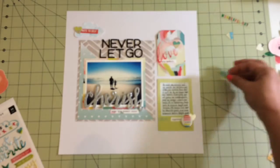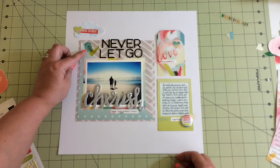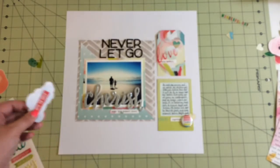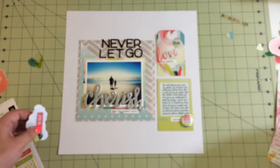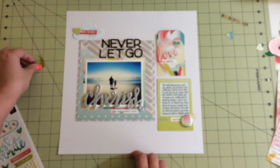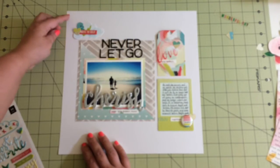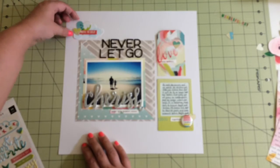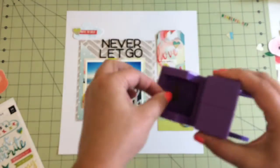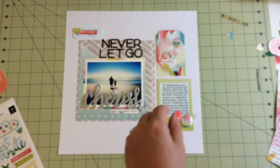So I'm trying to figure out where I want to put this little acetate heart, and I love it. So I am going to find a home for it, but first I wanted to put down that little cloud. That's not a die cut. I just cut that from a cut apart, and I just cut the cloud out. And then I put a little heart with some silver, half silver, half kind of limey green. I stapled that to a little phrase that says note to self that came from the die cuts. I'm not sure if I said what the die cuts were from, but that's Pink Paisley Fancy Free. And I stapled those all together, and then the